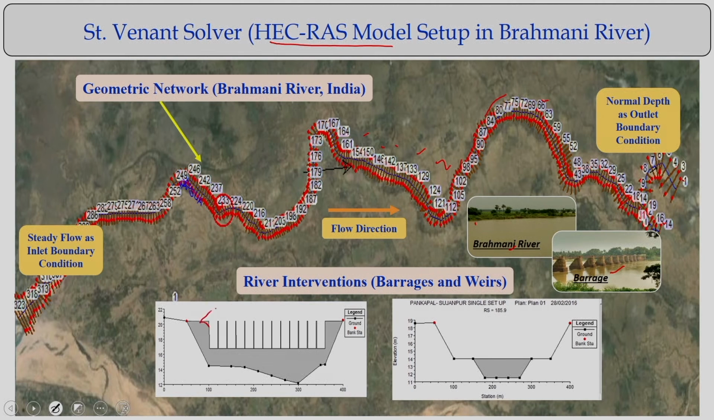So, if you look at very detailed cross sections, the data are there, and each cross section shows the flow geometry: the depth, the flood plain, the width, and the geometry. All of this we have set up in the HEC-RAS models, and the river intervention structures like these barrages and the channels are there. So, if you set up the HEC-RAS model, which is nothing else but a Saint-Venant equation solver,